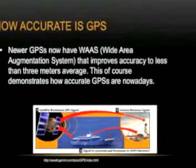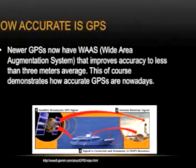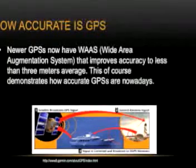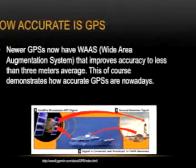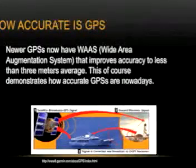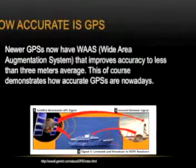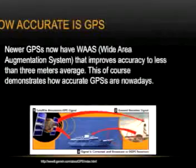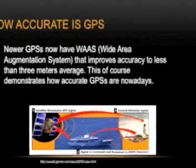Users can also get better accuracy with differential GPS, DGPS, which corrects GPS signals to within an average of 3 to 5 meters. The U.S. Coast Guard operates the most common DGPS correction service. This system consists of a network of towers that receive GPS signals and transmit a corrected signal by beacon transmitters. In order to get the correct signal, users must have a differential beacon receiver and beacon antenna in addition to